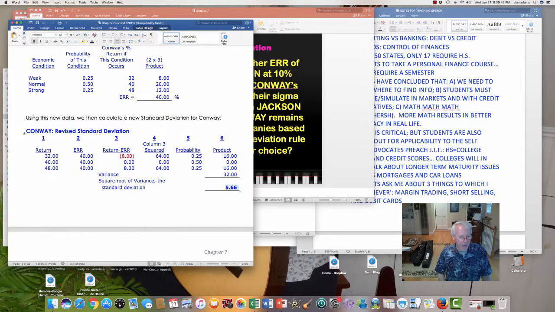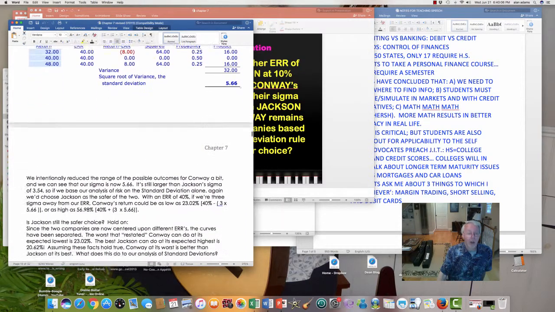They are not as risky as they were before. The spread between these numbers is a little tighter. It's still not as good as Jackson. So if we were only looking at standard deviations, we'd come up with the same conclusion. 5.66 sigma is a little bigger than 3.54 for Jackson, so Conway would still be riskier. However,